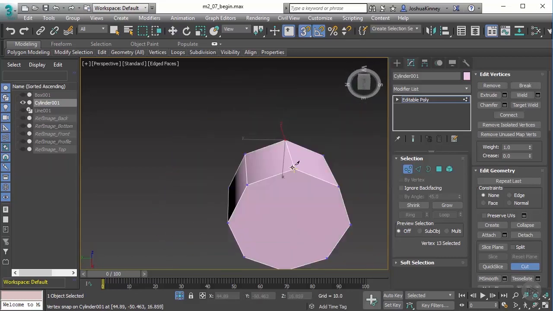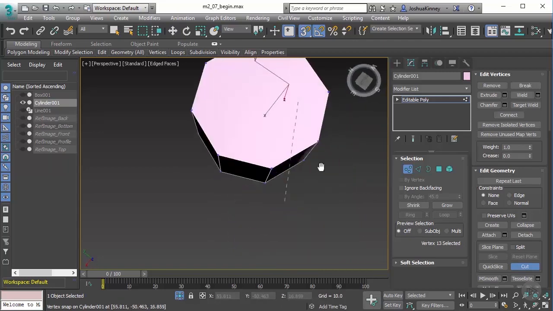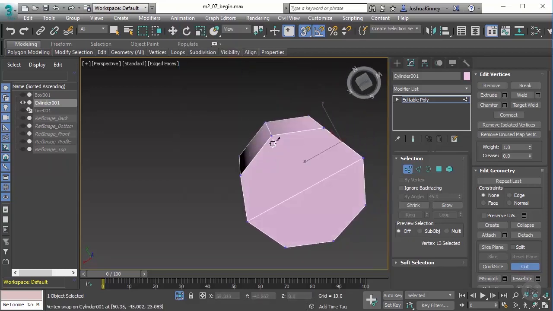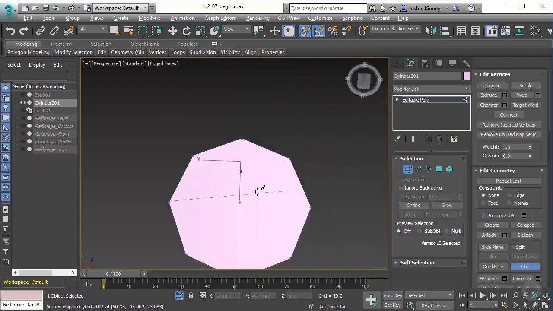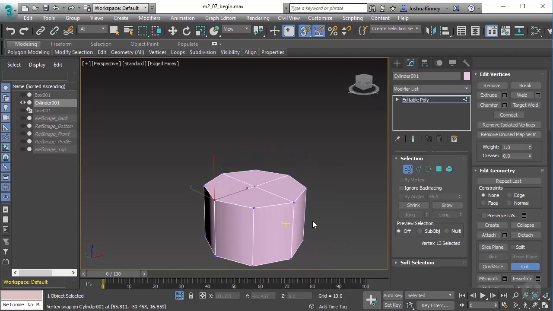So let's right click and cut. Go from here down to here. And you'll notice there it didn't cut through there, so I'll have to try it one more time. Go to Cut, go from here, and then move around to the other side, and then to here. Okay, so now we've quadrified that, and we can turn Cut off, and then we'll go ahead and turn isolation